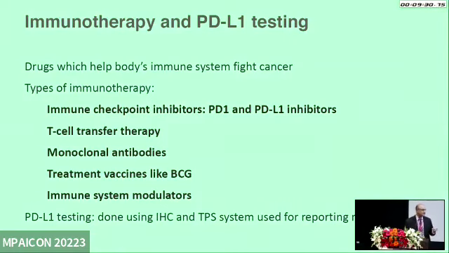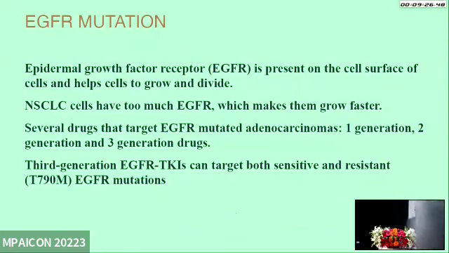So there's two systems that exist, the TPS and the CPS. In lung carcinoma, we use the tumor proportion scoring system. Going to go through the important mutations that I see in my practice, and some of the important